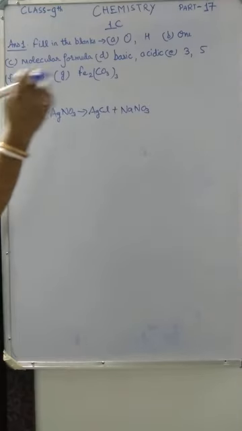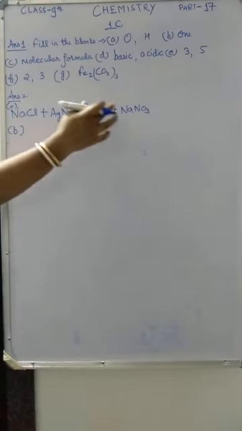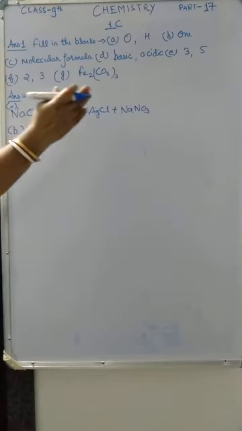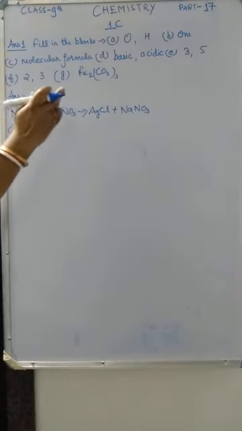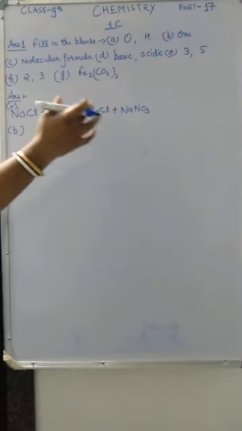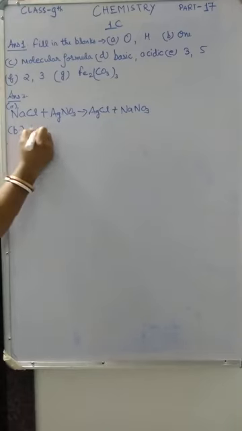This is the equation you have to write. Check whether it is balanced. If not, balance it. See, reactant side and product side. In the reactant side, 1 sodium, product side also 1 sodium. 1 chlorine, product side also 1 chlorine. 1 silver in the reactant side, product side also 1 silver. 1 nitrogen in the reactant side, 1 nitrogen in the product side. 3 atoms of oxygen in the reactant side and 3 atoms of oxygen in the product side. So this equation is balanced. So you have to write balanced.